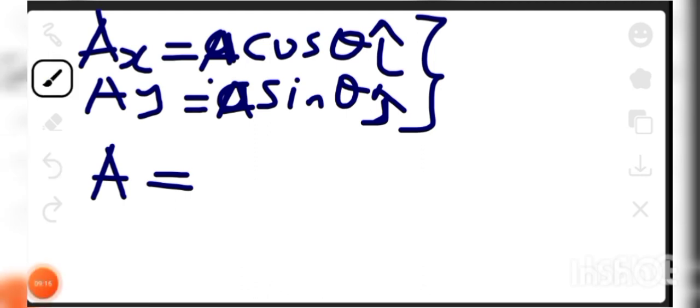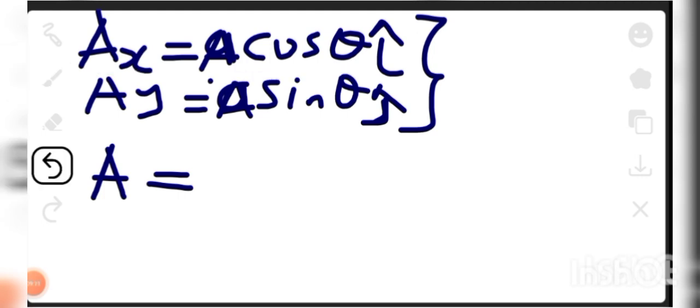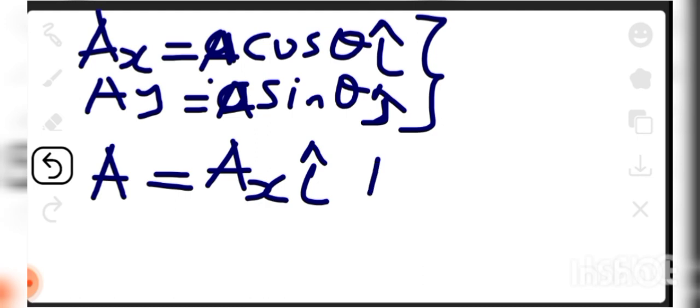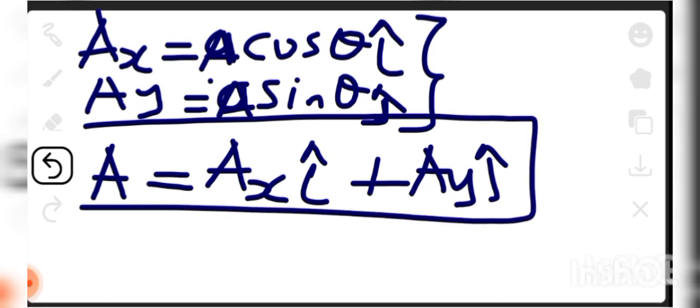Instead of using this side, just write it in this other side, which is AX and AY. So you just say vector A is equal to, since AX is positive, just write AX. Then to denote that AX is along the X axis, you put the unit vector there, i. Then you check Y. Y is still positive, plus the same AY j. So this now is the rectangular form of the vector. If you just write the answers you're going to get here, i, and this other one, j,